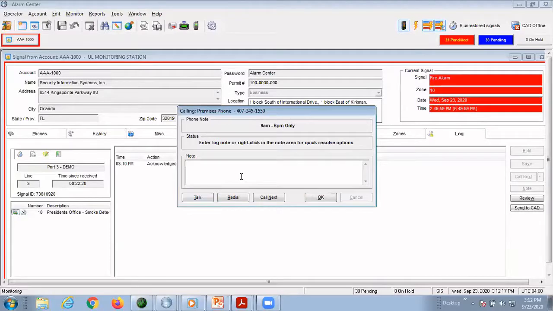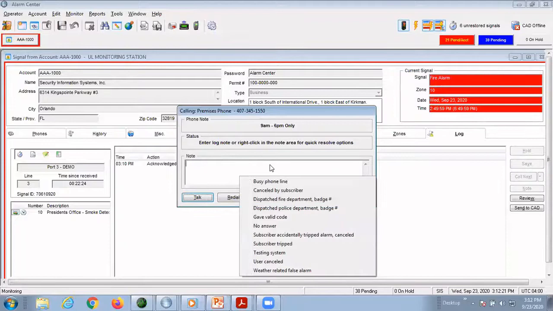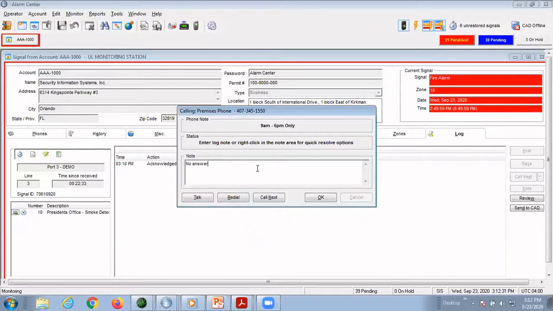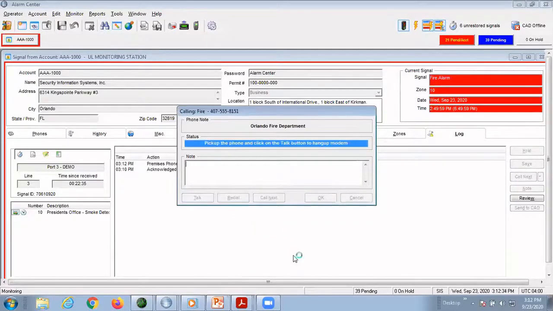Here, I can keep any notes. I can make a manual note, of course, or I can right click my mouse, and what you'll see here is a drop down list of quick resolve options or common responses. So if I wasn't able to contact anyone at the premise, I could go ahead and select that and hit call next, and it'll automatically give me the next phone number on the list. So again, taking out the thinking for the operator, for the dispatch staff, automating that information and keeping it as simple as possible. So from here, I could go ahead and select that I've dispatched the fire department,